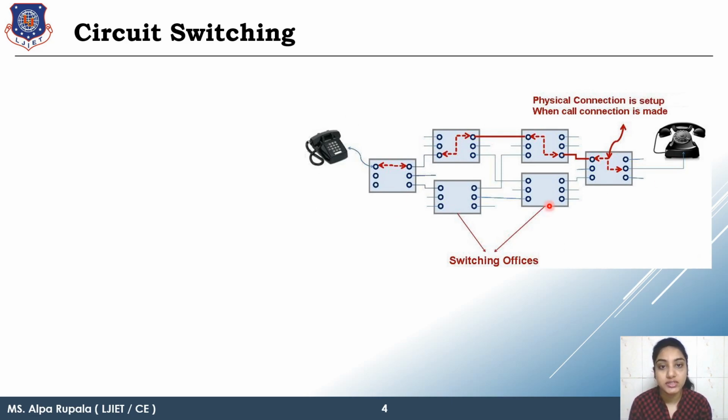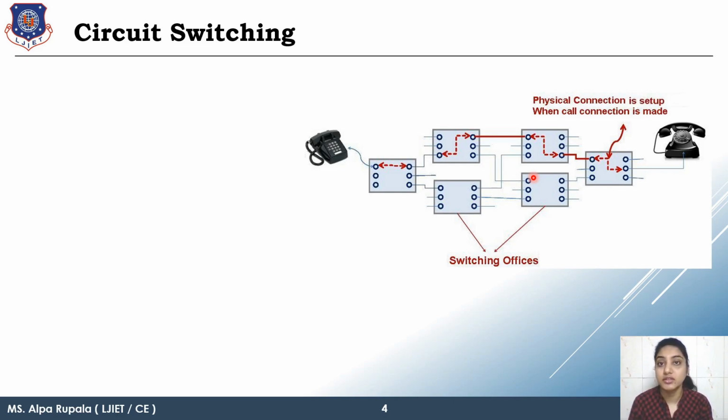Circuit switching has advantages as well as disadvantages. Advantages: this path is a dedicated path. So that means you have a very high data rate and the quality is very good. You are transferring your analog data, your voice data, onto it, right? So this is very important, that you have your data at a very high rate. That means the quality of your signal will be very good, and the voice clarity is very good. There is no delay in data transfer. This is all because of the dedicated path, right?